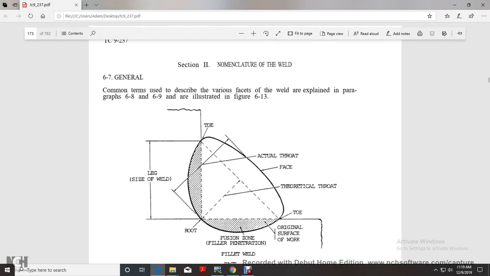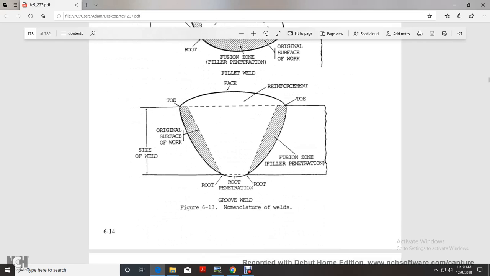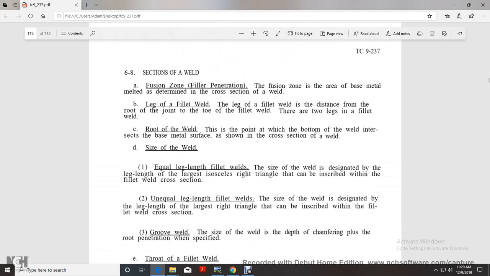Toe, leg of the weld, root, fillet, fusion zone, filler, penetration, fillet weld, original surface of the work, toe, the theoretical throat, face, and the actual throat. Here is the nomenclature of the groove weld, with the size of the weld, the original surface of the work, the toe, face, the reinforcement, toe, the fusion zone, root, penetration, root, fusion zone, filler metal, filler penetration, fusion zone, area of the base metal melted to determine the cross